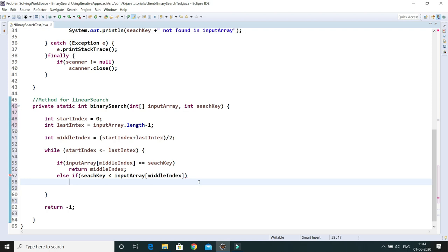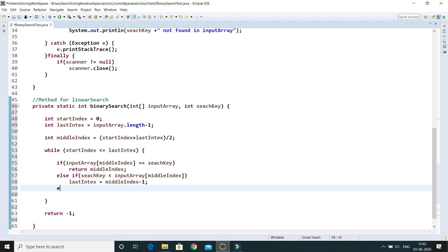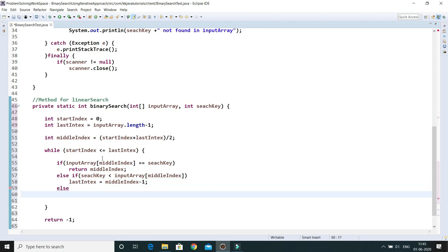So that means let's say we have an array, and the array is in sorted order. First of all, we check whether our search key is present at the middle index or not. If that is present, then we return the middle index itself. If our search element is less than the middle element, as you know, the array is in sorted form, so the start index would be the same, but the last index is going to change. Last index would be last index equal to middle index minus 1.